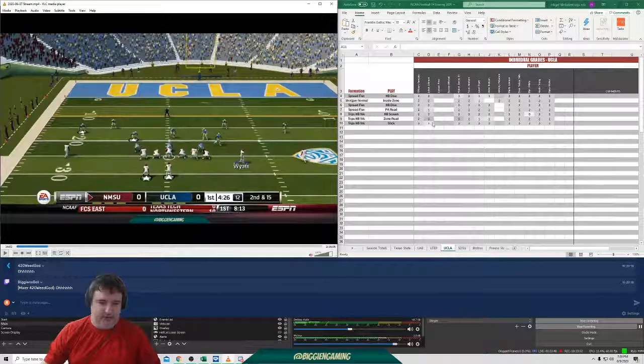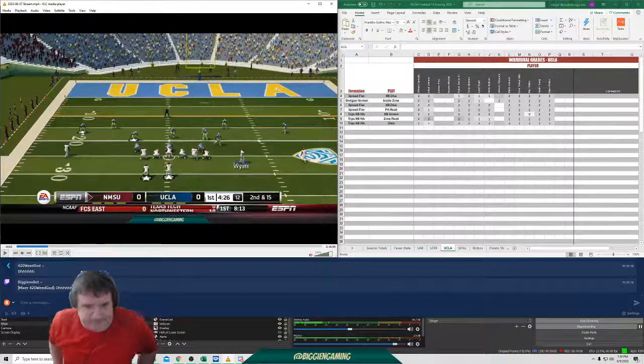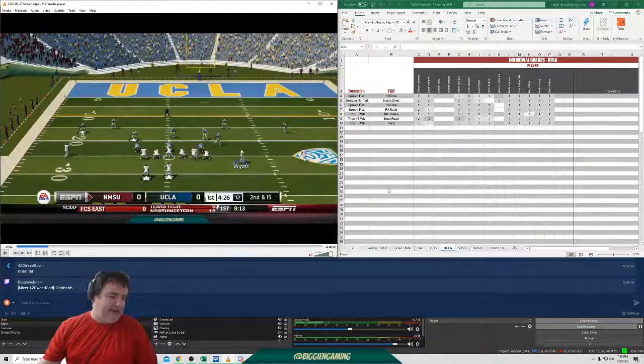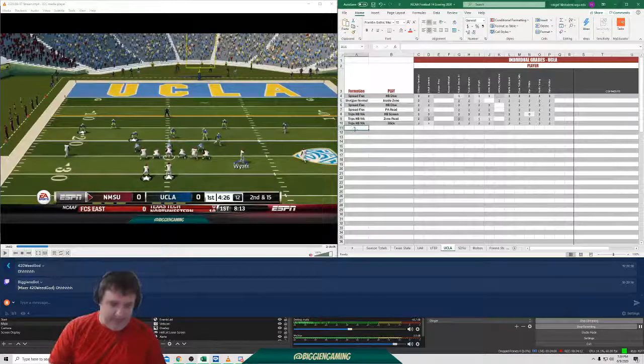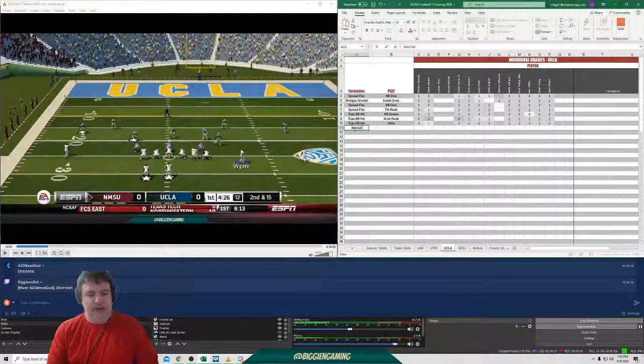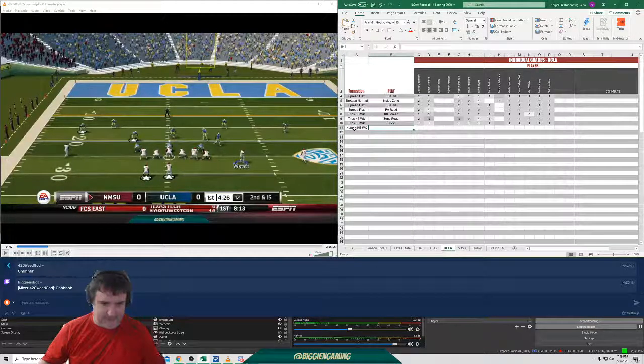Okay? So earlier, our receiver got one on the zone read because he blocked the corner long enough for it to be a big enough play, and then ran ahead of the quarterback and blocked another guy to help spring it for a 26-yard gain. Does that make sense? So that's why it's called that way. So this is normal halfback week. We're going with the way it's called in NCAA 14. Halfback counter. Okay?